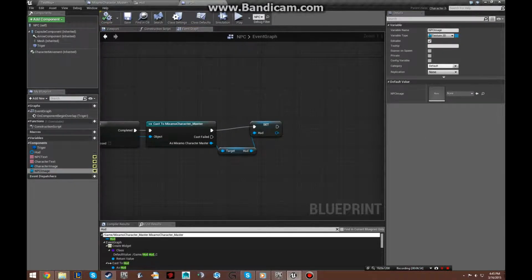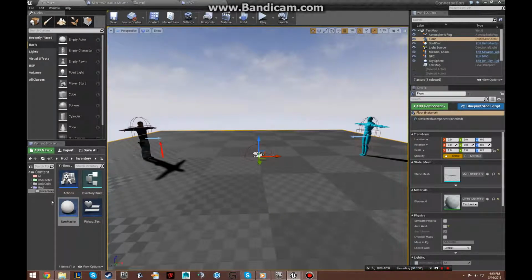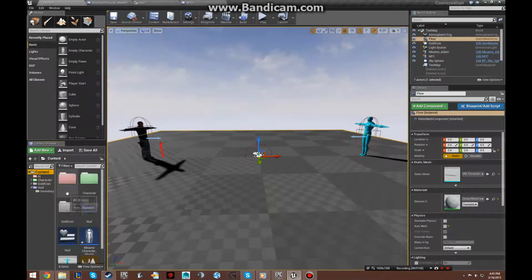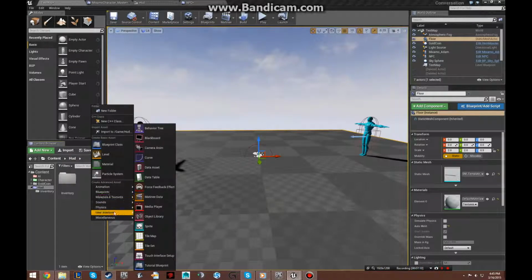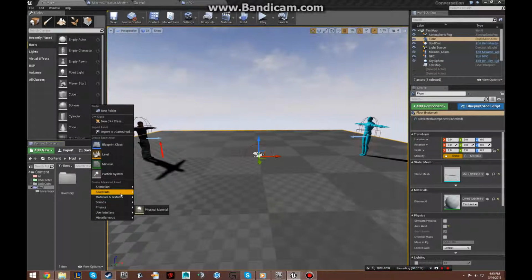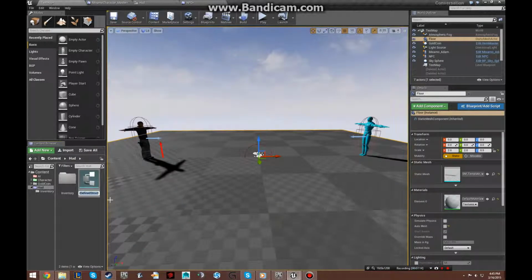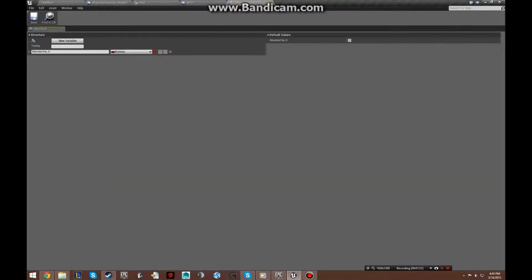Okay, now once we have those, we will need one more variable, which will be the conversation structure. So we will need to make a quick structure. It's in blueprints. Structure. Conversation struct. And inside this structure, it will need